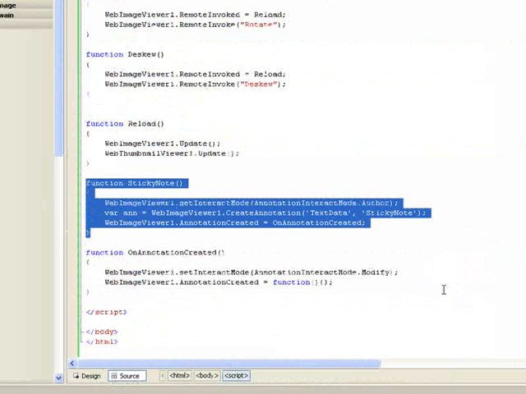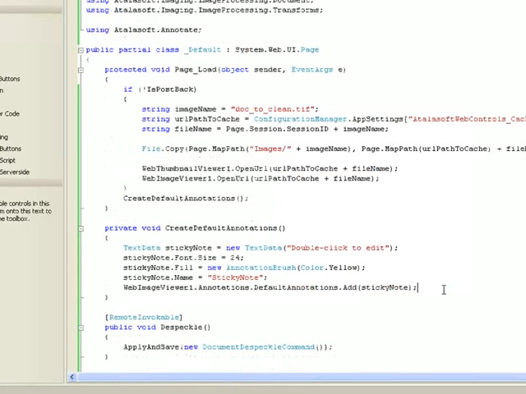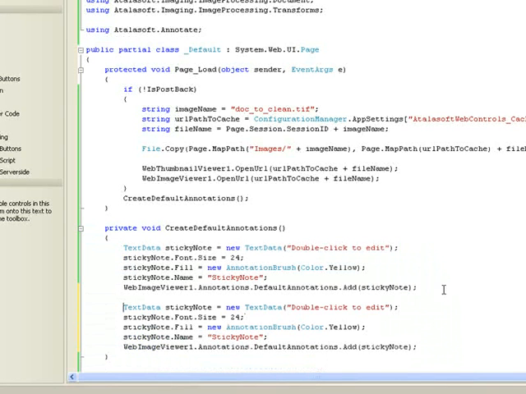Now I can use a function just like sticky note to do that, and the only difference is that it's based on a different data class. We'll use a rectangle data for that. So let's change this to rectangle data, and the name we're going to use is highlight, and then we'll create a similar kind of code to here, so we'll just copy that, and then like I said, we're going to use a rectangle data,